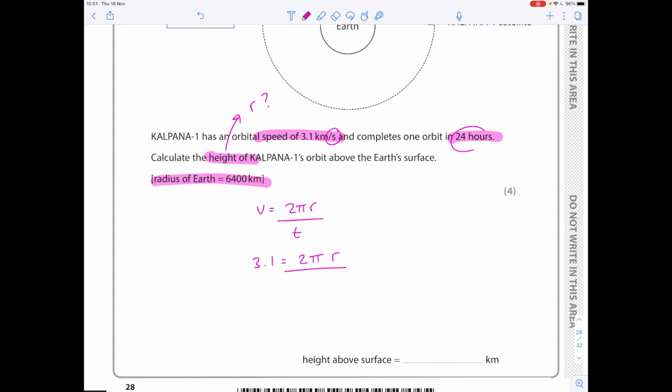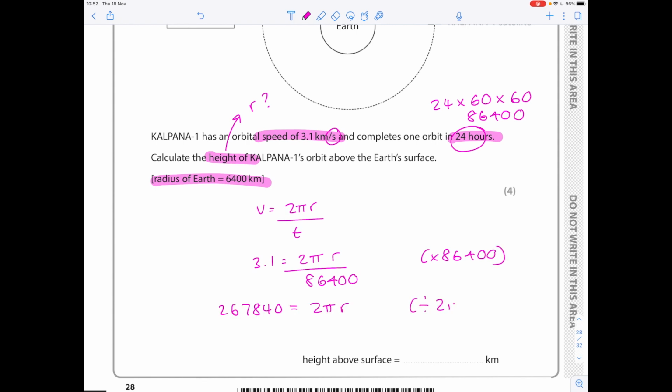Be careful with your time period. We've got seconds and hours here. So let's convert 24 hours to seconds. Convert into minutes by timesing by 60, and then into seconds by timesing by 60 to get 86,400. So times both sides by 86,400, and then divide both sides by 2 pi to find r, which is